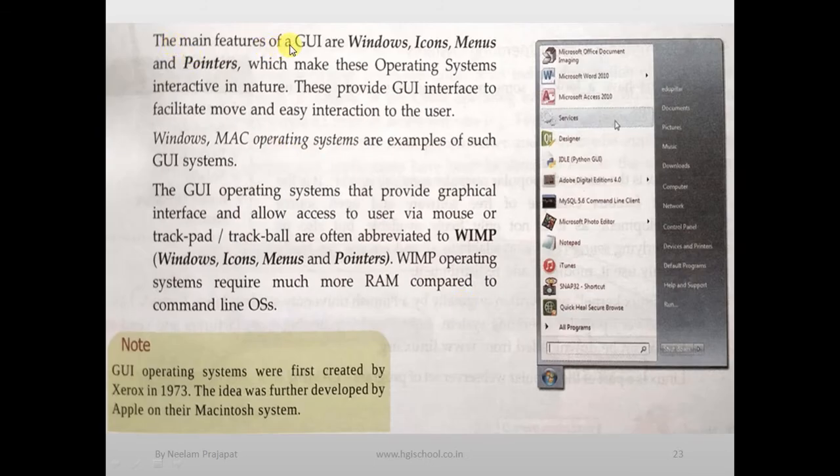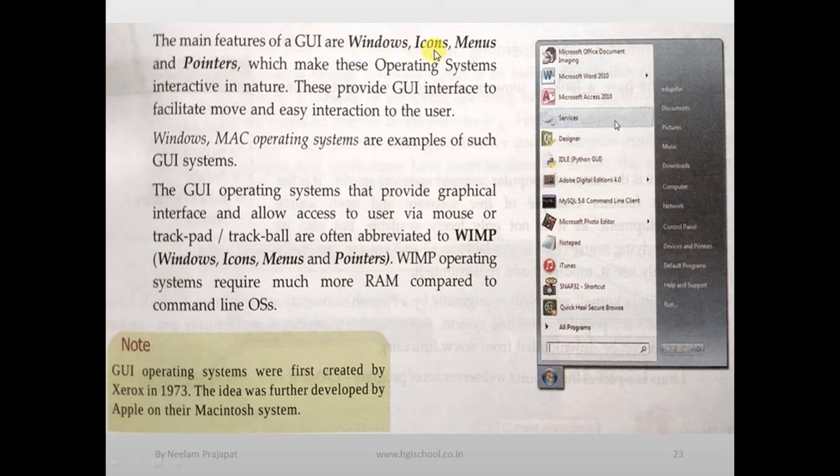The main features of a GUI are windows, icons, menus and pointers. Just now I told you WIMP in the previous slide. W-I-M-P means windows, icons, menus and pointers are there in a GUI. So WIMP is part of GUI, but GUI is not part of WIMP, which makes these operating systems interactive in nature.